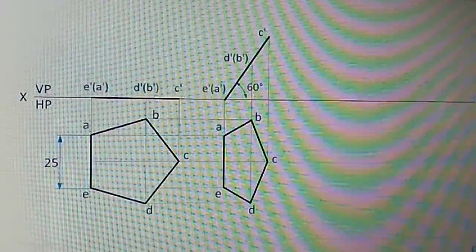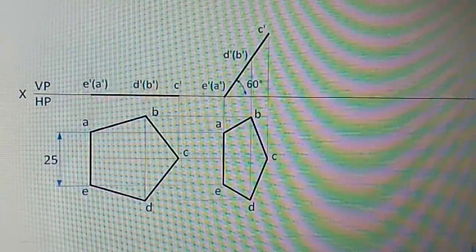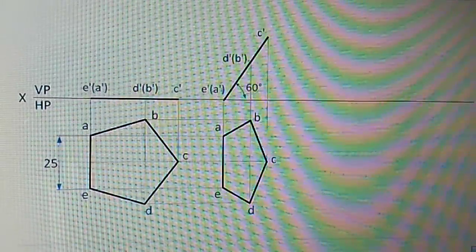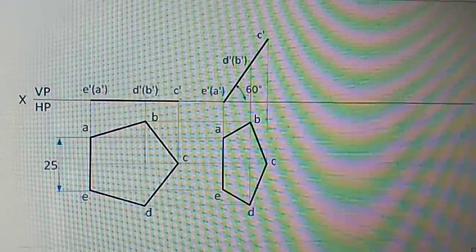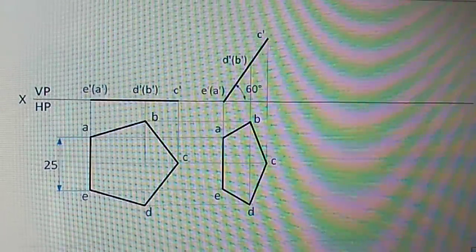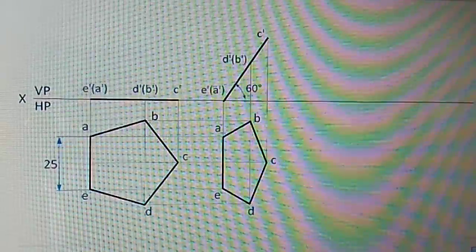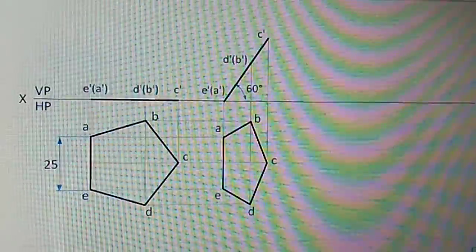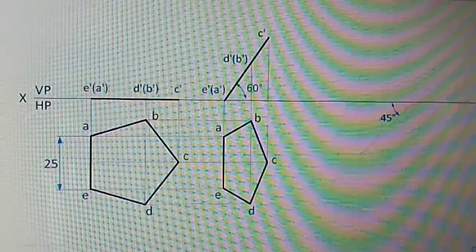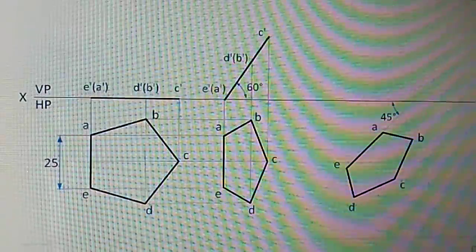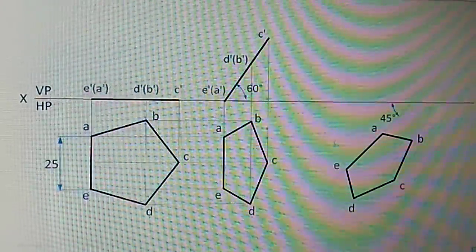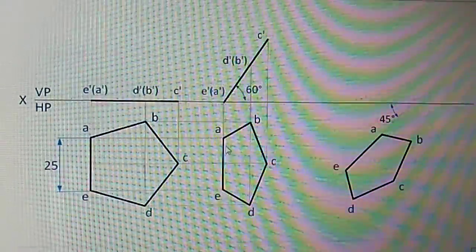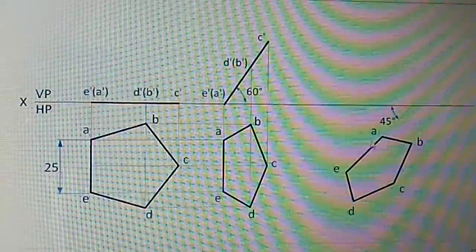Next, in the third position, what is asked in the given problem: the edge on which it rests is inclined at 45 degrees to VP, draw its projections. Means in the third position, you have to take the line that makes an angle of 45 degrees to VP, means you have to take it below the XY line. So you take any convenient point on the XY line and draw this 45 degree line here. So this resting edge, AE, you have to place over the 45 degree line.